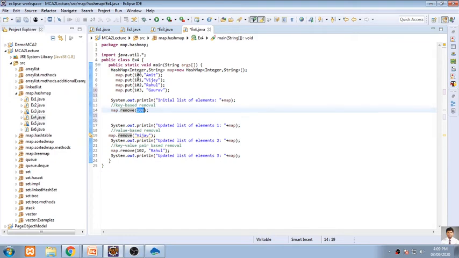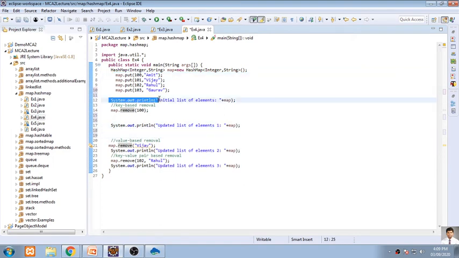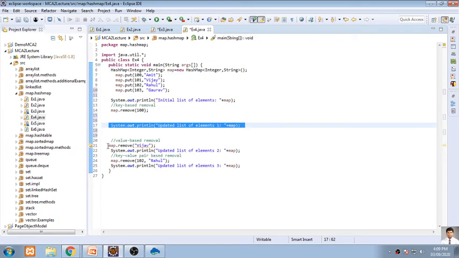Here I have passed the key because the definition of remove function is saying, remove the element at the location key 100. So automatically this Amit will get replaced, and after that it will be displayed. So previously I will get all four elements, and after this, 100 will be removed and we will get output in this format.